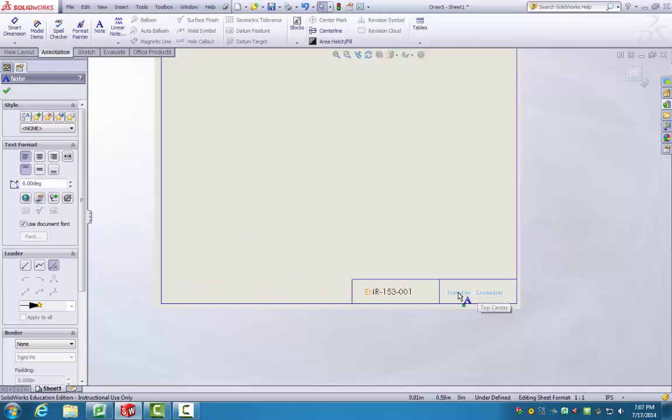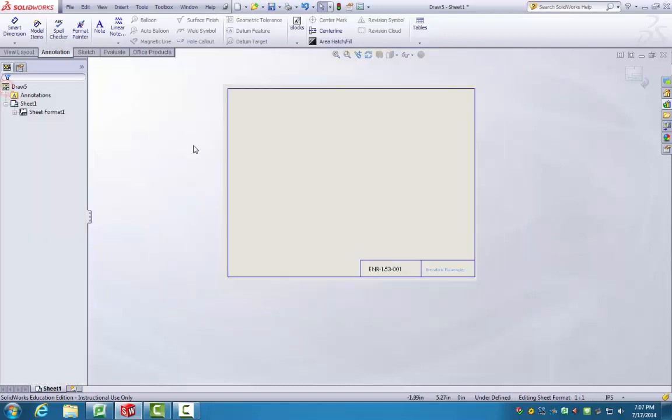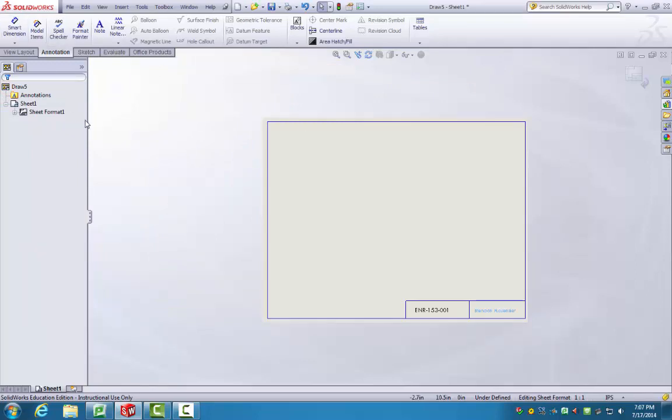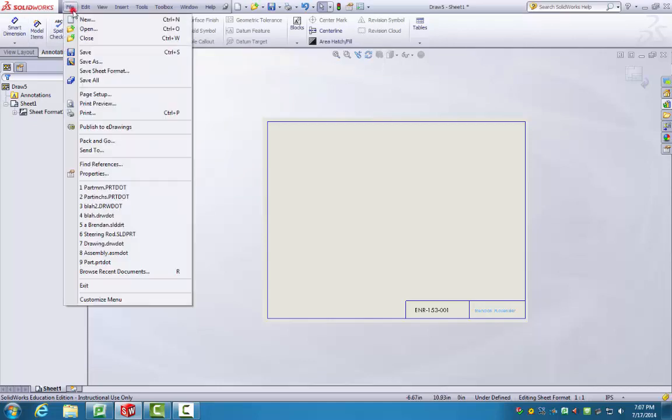But for now, I'm just going to say Brendan Flossenzier and ENR 15301. And I'm going to save this format. Now, the reason you save this format, I'll show you in just one second. First, I'm going to show you how to save it. You just go to File, Save Sheet Format,